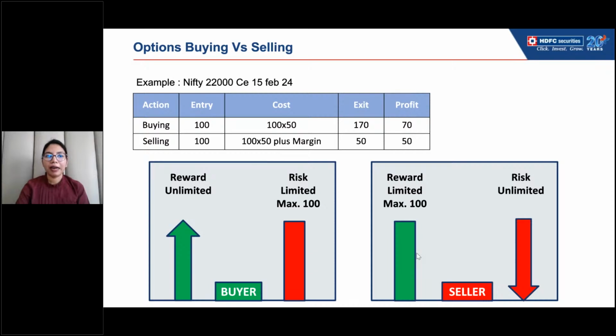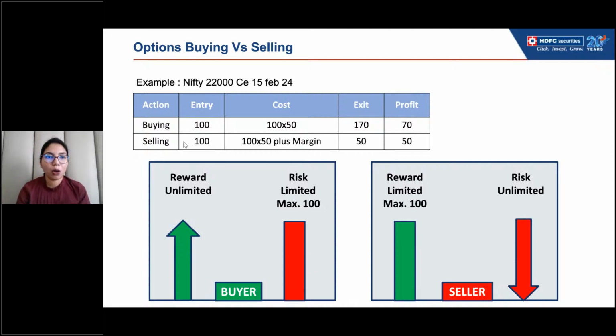All right, but if you are a seller, what will happen? You have sold this particular option at 100, all right? So maximum आपका profit कितना होगा? ये अगर गिरेगा भी, ऑप्शन का वैल्यू डिमिनिश भी होगा, तो ज्यादा से ज्यादा वो 0 तक आएगा, करेक्ट? उससे माइनस में तो जा नहीं सकता है। तो आपका मैक्सिमम प्रॉफिट यहाँ पे कैप्ड है, दैट इज मैक्सिमम 100 पॉइंट्स, करेक्ट? विच इज वाई योर रिवॉर्ड इज लिमिटेड इन दिस केस टू 100।